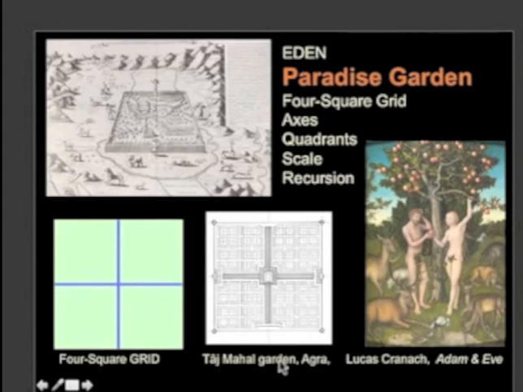And if you look at a basic Mughal garden, for example, the Taj Mahal garden at Agra, its organization is paradise. It is the biblical description of Eden. We have four channels of water running out and organizing a four-square grid. So this is an interesting four-square grid, more interesting than the four-square grid that I gave you in my first diagram, in that the center becomes a fountain also. So the center is not simply a point, but a space. So the reading of this thing oscillates between four-square grid and nine-square grid, or even 16-square grid.